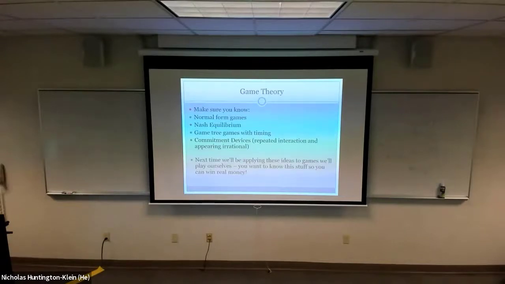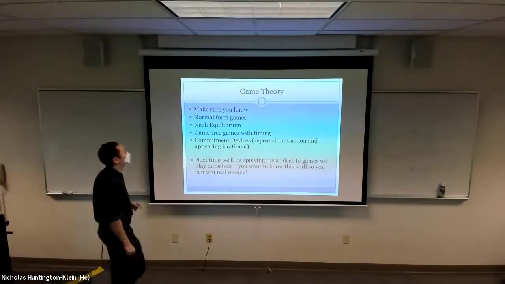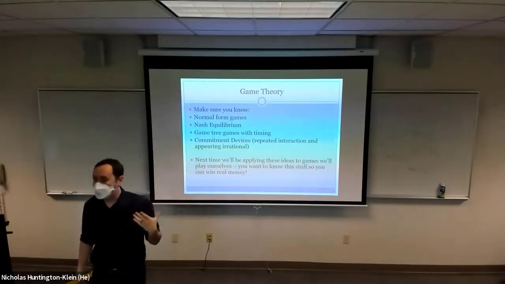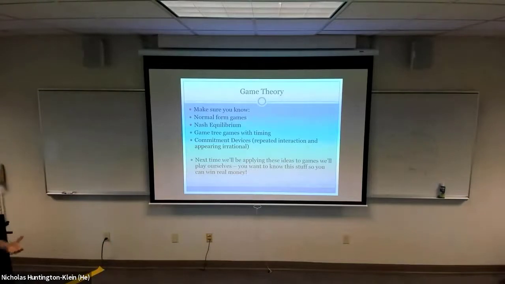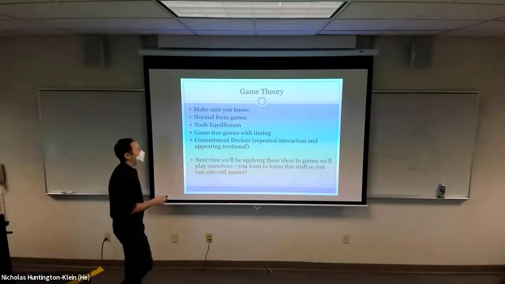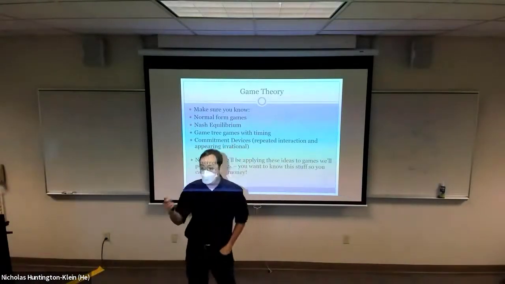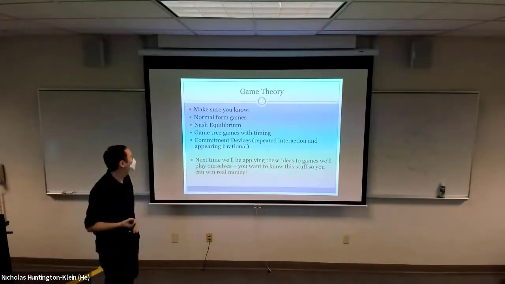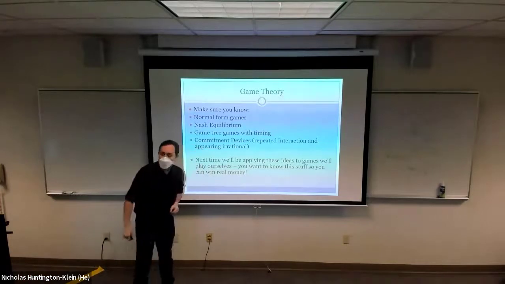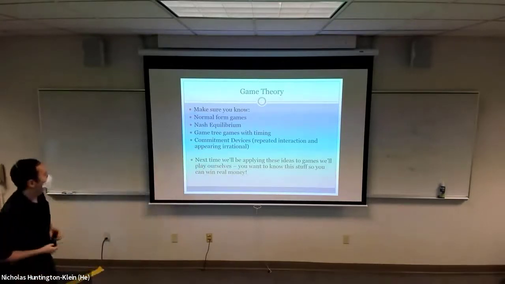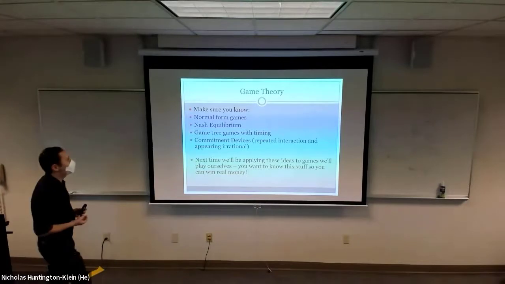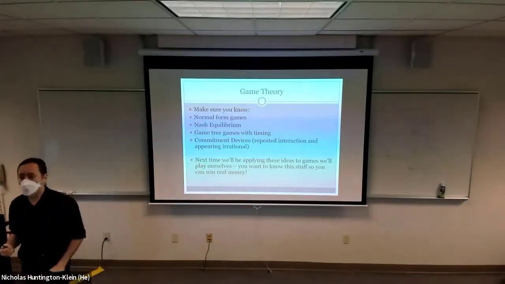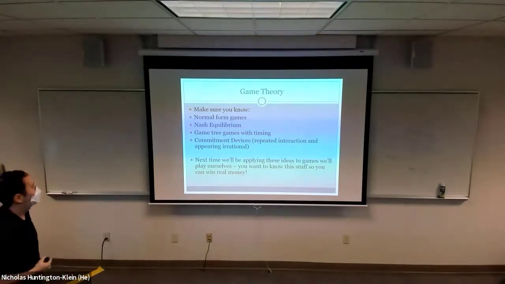All right, so summing all this up, things that we have covered. Normal form, that's simultaneous games on the table. How do we solve those? Nash equilibrium, the concept of Nash equilibrium, where we are both doing our best responses to each other at the same time, and the idea of the best response is also important. The game tree, games that have timing in them, we have those. And then also the idea of commitment devices, things that are going to allow us to cooperate with each other by forcing us to commit to a particular option.